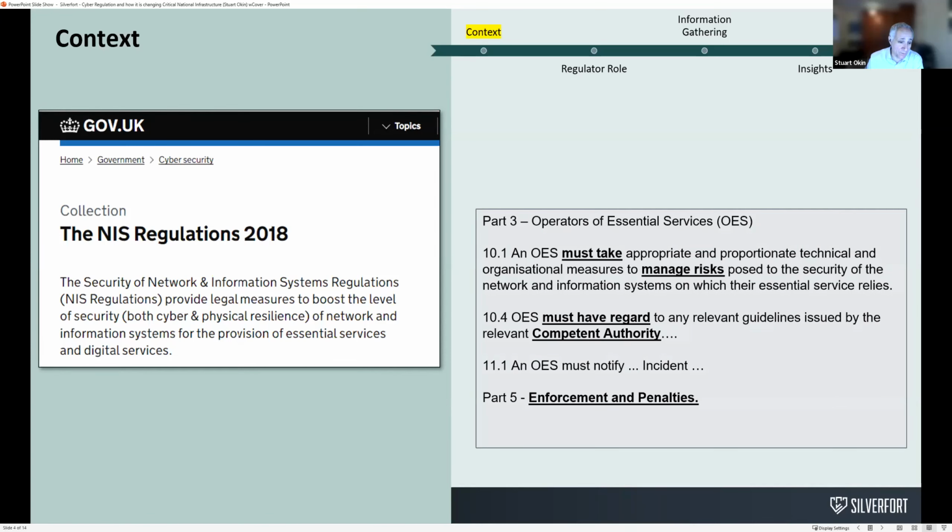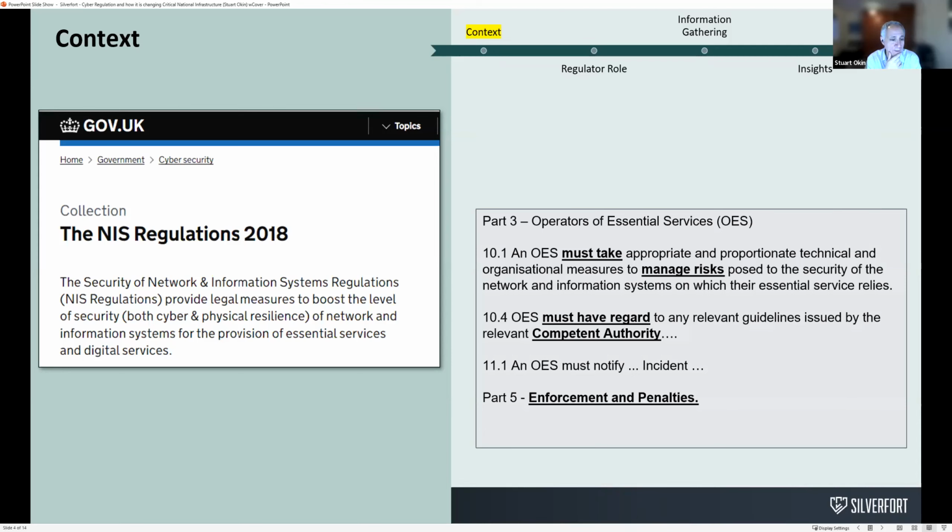At the heart of the 40-page NIS document, save those folk who are not relevant to this area, it's pretty simple. There are four clauses that are really quite important. 10.1, an operator of essential services must take appropriate and proportionate technical and organizational measures to manage risks around the scope of the systems underpinning their essential services. And my favorite,